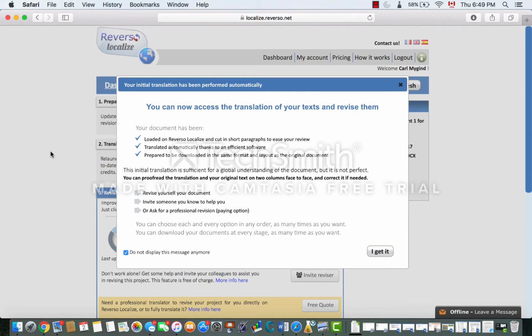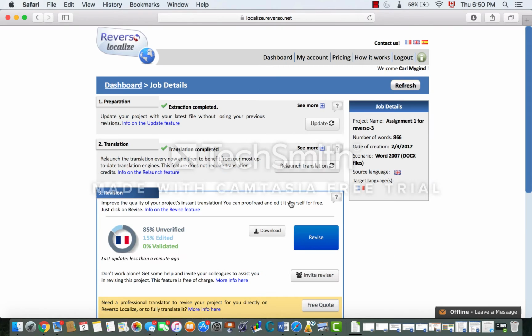I've read through the terms and conditions of Reverso Localize, and I have found nothing untoward regarding ownership of the document or its use. I've heard that some online translation memories collect the data uploaded by users, but it doesn't seem like Reverso is one of them. As far as I can tell, it will not index your text or use it for its own purposes, which is somewhat reassuring. So once the text is processed, you can revise it,